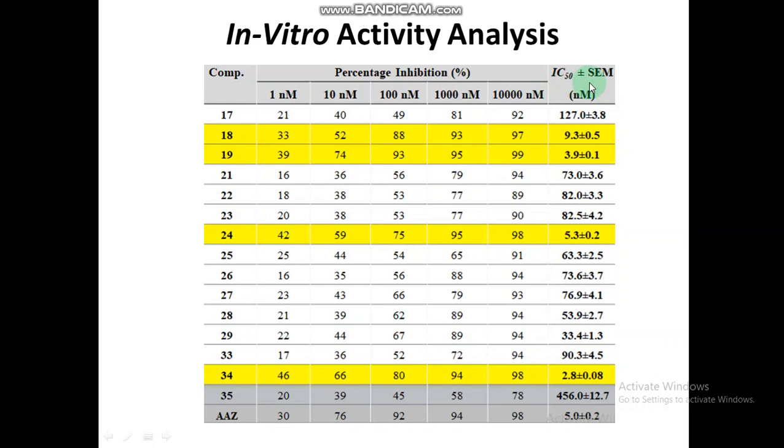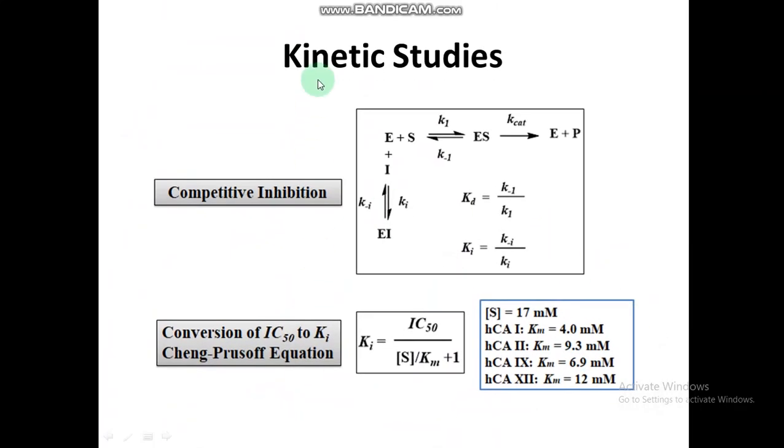After finding this, we tabulated the results, and if we look at the values here, the yellow highlighted represents excellent inhibition against human carbonic anhydrase 2, and we can also compare these results with the standard drug, acetazolamide, whose value is 5. Here we have our compounds which give 2.8, 5.3, 3.9 and 9.3. So these are the more active compounds, and then we can convert the IC50 into the inhibition constant Ki value through kinetic